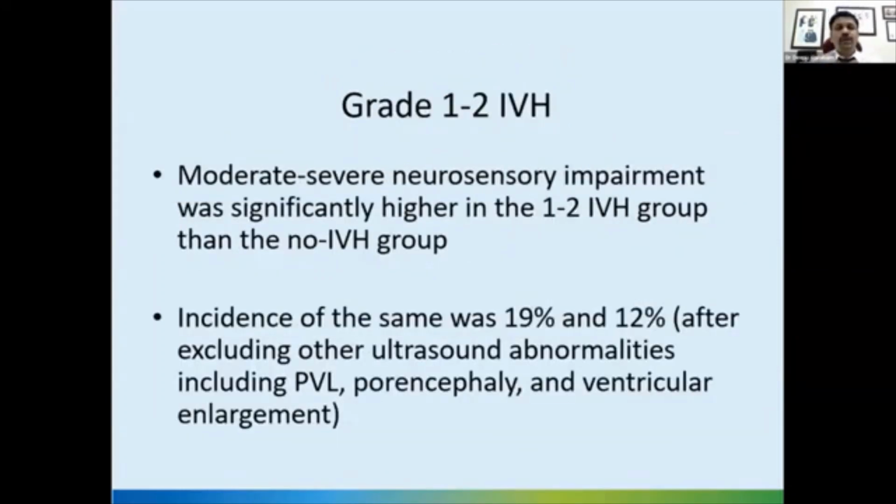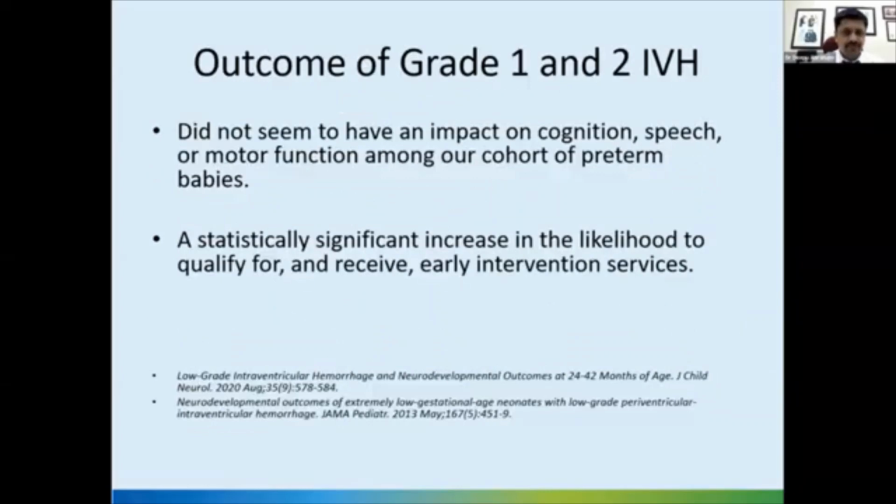Grade 1 to 2 hemorrhages, there has been a different spectrum of reports in terms of outcome. This particular paper, which came early, showed that there is a significant neurosensory impairment in grade 1 to 2 hemorrhages, and they even showed incidence of cerebral palsy in the early bleeds, even after excluding those with porencephaly and periventricular leukomalacia. But